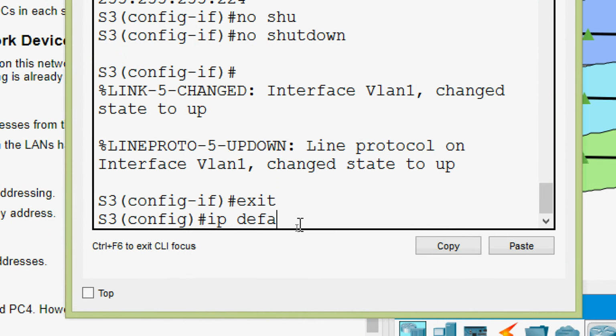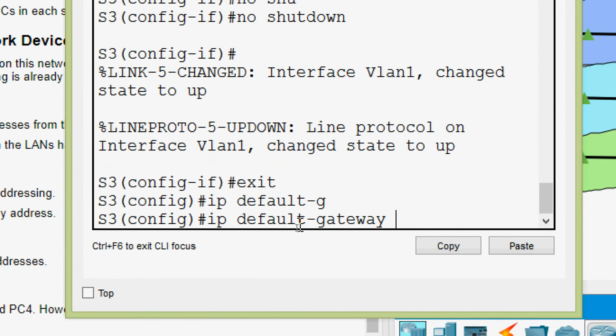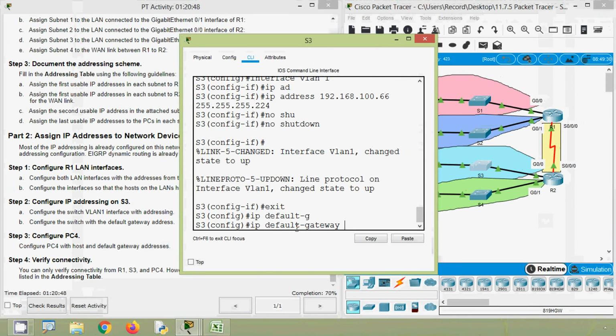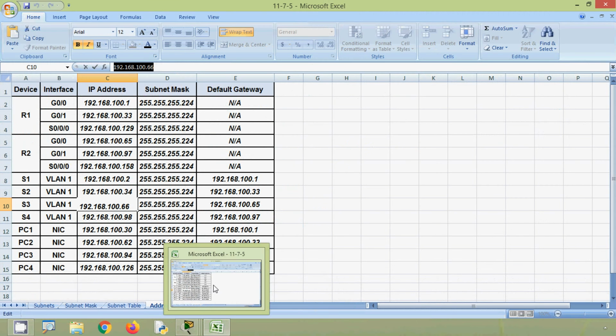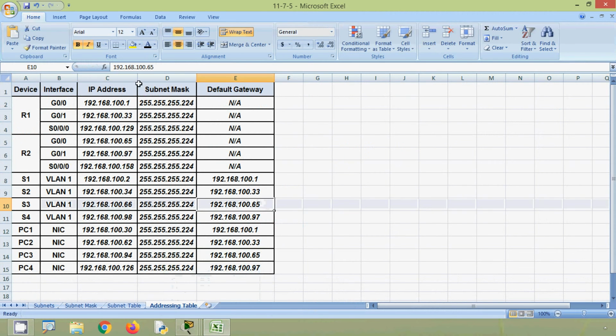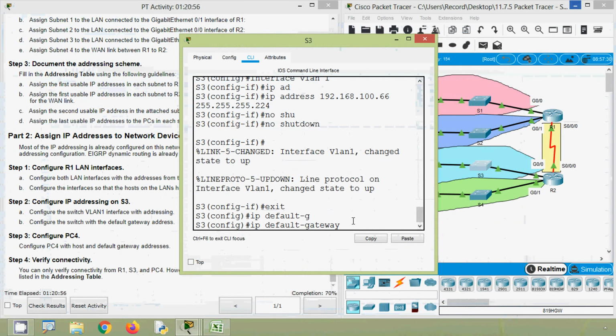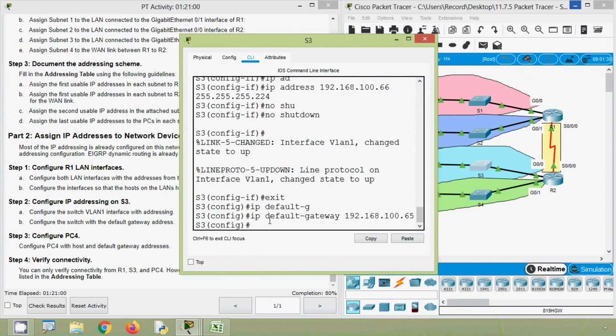IP default gateway. So we have to get the default gateway for S3. It's here. We'll copy this address and here we'll paste it, then press enter. Okay,